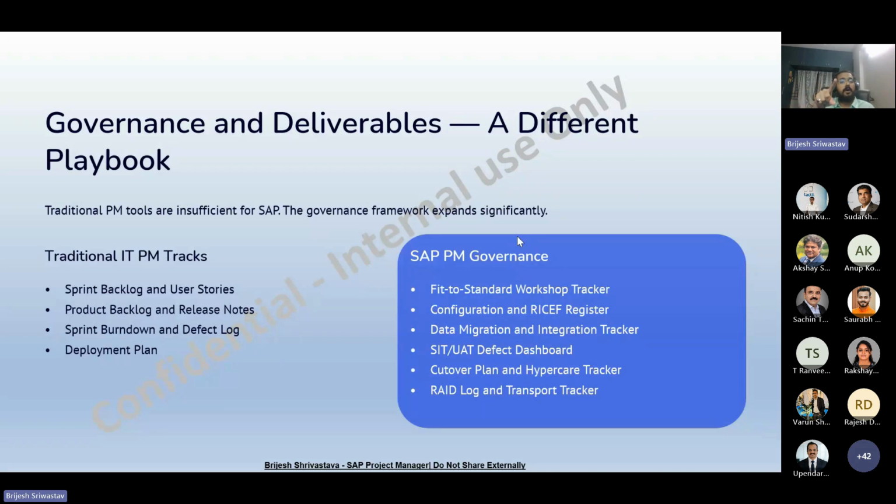Now whenever you onboard your functional consultants or technical consultants, and they are going to draft the requirement, you can check with them accordingly.